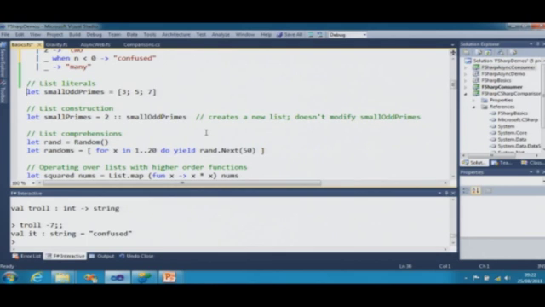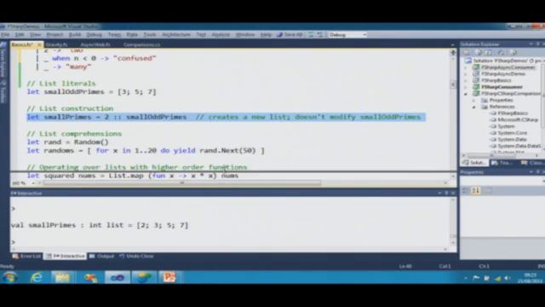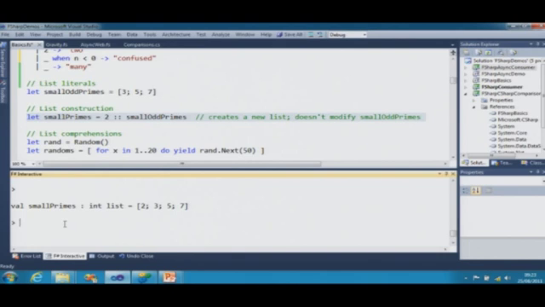This is an F# list literal, so square brackets and semicolon separators. And I can now create another list from that by prepending something to it using that double colon notation. So you can see that small primes is now that expanded list. But if I look at small odd primes, you can see that hasn't been changed. And in fact, if I look at